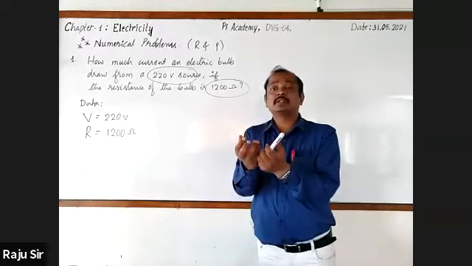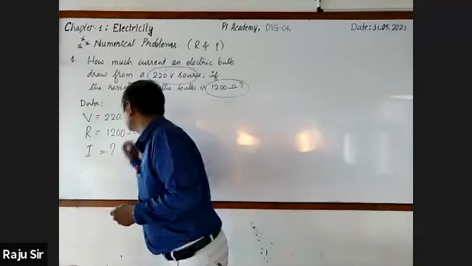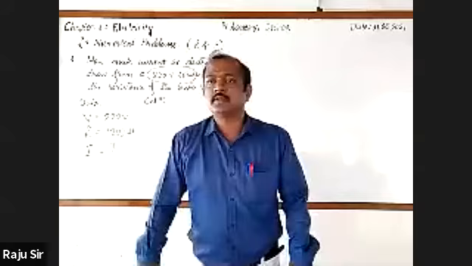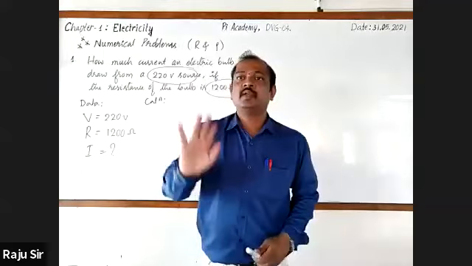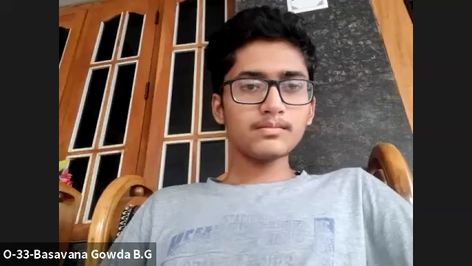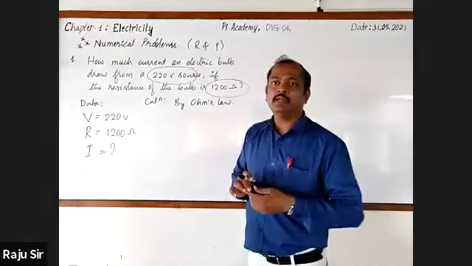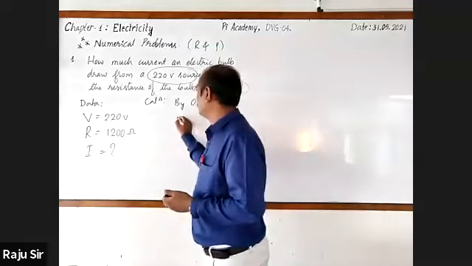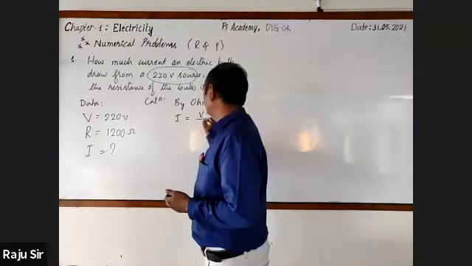How much current I will it draw? That should be calculated. I is equal to V by R. On what basis did you say that? By the formula, Ohm's law, sir. Ohm's law, R is equal to V by I. Yes, very good. Ohm's law must be mentioned. By Ohm's law, you may write either R is equal to V by I or I is equal to V by R directly. As we want current, I write I is equal to V by R,